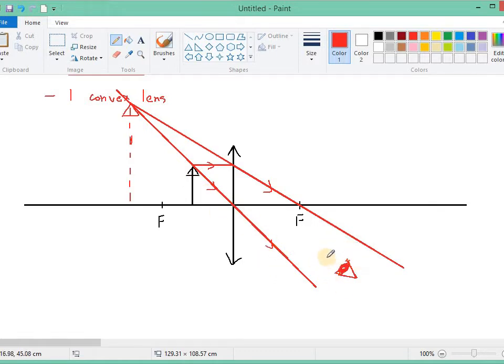So from the point of view of the observer, it looks like the light comes from here. So the image is here. You can see that the image is bigger than the object, magnified. So this is how we use the convex lens